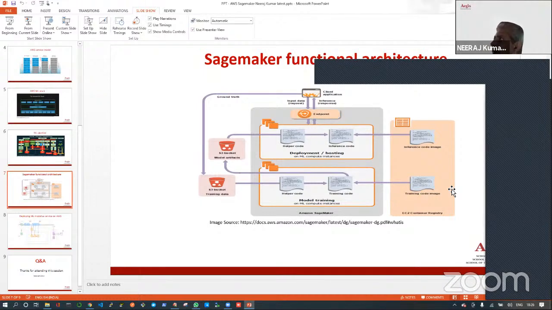At runtime SageMaker will pull that image, provision the EC2 machine, and instantiate the container, and within that container, whatever intelligence you have given in the form of the Dockerfile, it will execute all of it automatically. I hope it's now a bit clear to you guys.